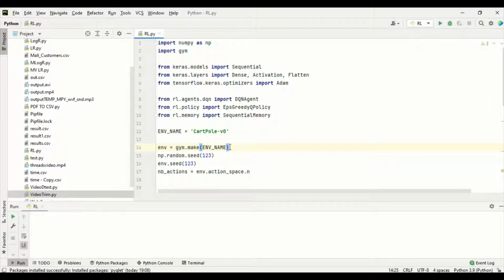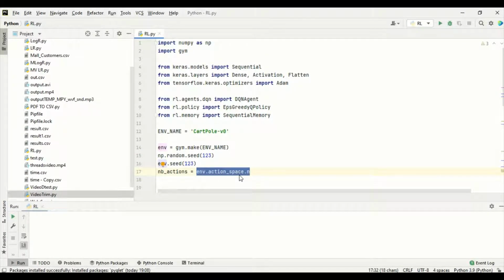Then the random seed: NumPy random seed is 123. The same random seed is given for the environment as well, so the generated values will be the same. nb_actions is env.action_space.n. This describes the characteristics of the environment.